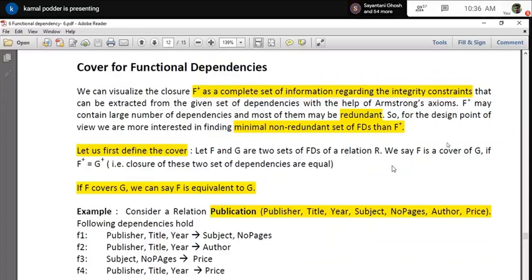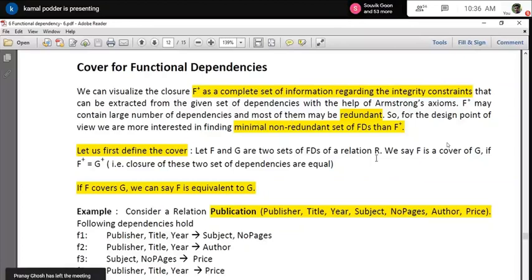Now, if you really try to find out all the functional dependencies, you will find that most of them are redundant, in the sense that they can be inferred from other things. If one is inferred from another, then the other integrity constraint will also be satisfied. So naturally, you have to exclude that redundant thing, because otherwise it is a very big set and you will write a lot of integrity constraints that may not be used or required at all. If one constraint is imposed, the other things will also be okay.